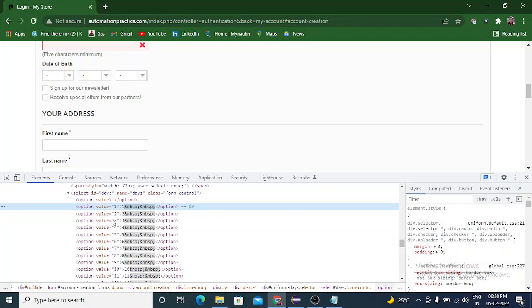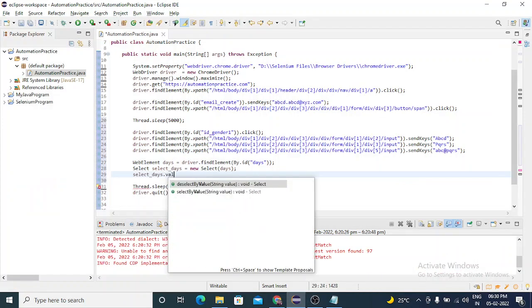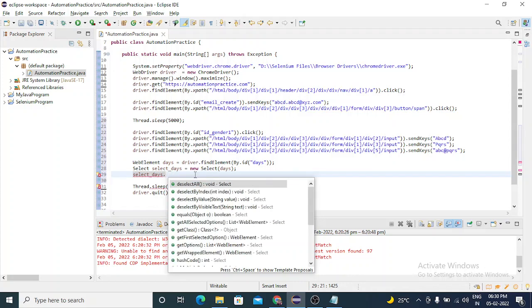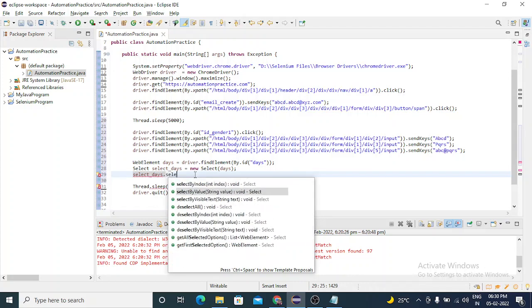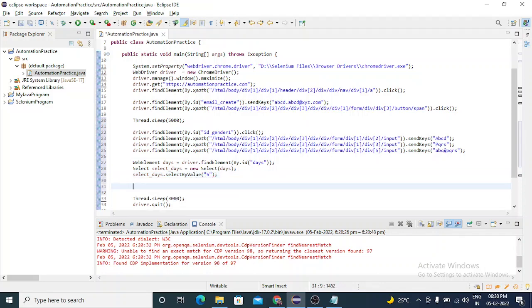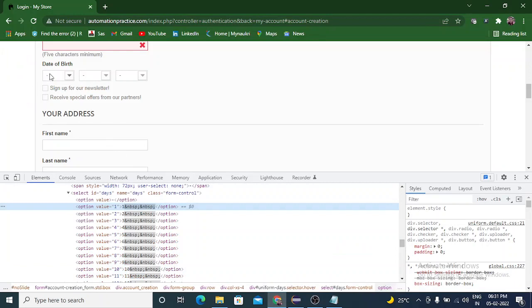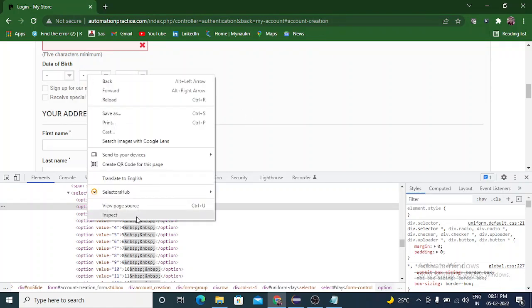So let me use the value. Select by value, this is again a string value, so I'll use, suppose, 5. We have selected the date, then we'll select the month, then the year. Again same thing, inspect.